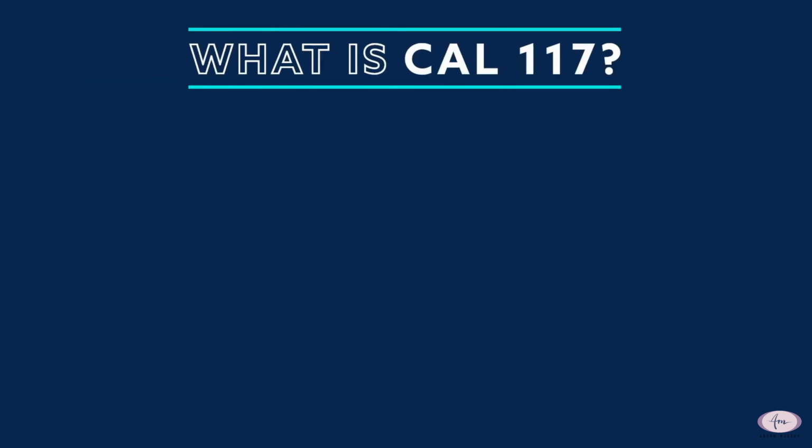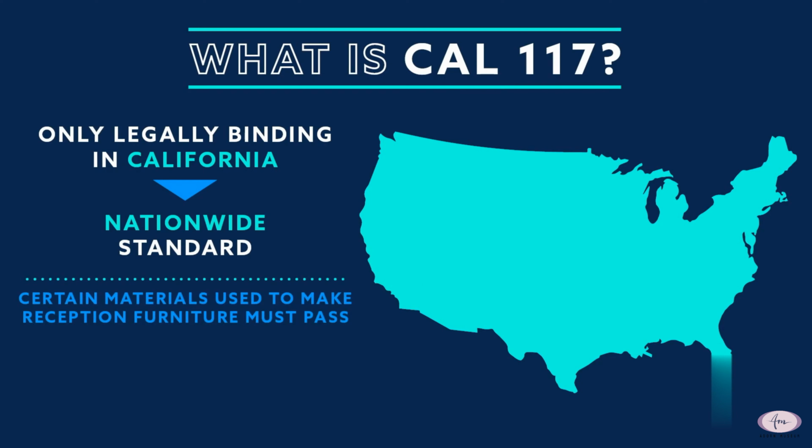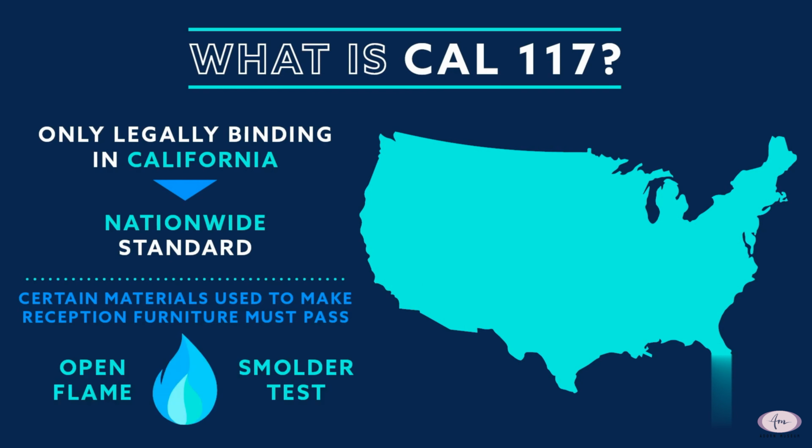The California Technical Bulletin 117, also known as Cal 117, is a regulation that sets the standard for upholstered furniture flammability in the furniture industry. Even though this is only legally binding in California, it has become a nationwide standard because California has such a huge market. There are certain materials used to make reception furniture that must pass an open flame and smolder test